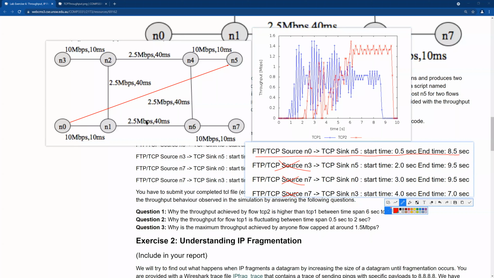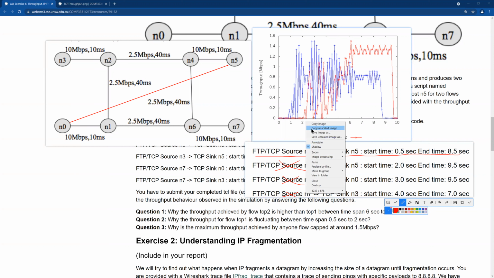Or even 5, because we can send in both ways, right? But in here, we have other TCP connections, so the speed reduced, but you need to analyze why they can only achieve 1.5,